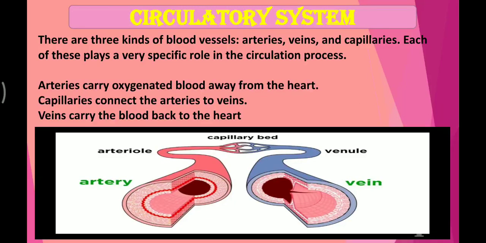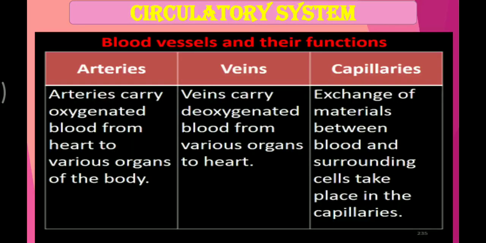See here, I have put a picture. This is the artery. Artery is always denoted in red color because the blood with oxygen is going. And veins are denoted with blue color because they do not have oxygen. Here artery, veins, and where those two are connected, that is called capillaries. So remember students, arteries carry oxygenated blood, capillaries connect the arteries to veins, and veins carry the blood back to the heart without oxygen. Now there are differences, and you should know the differences between each of them.